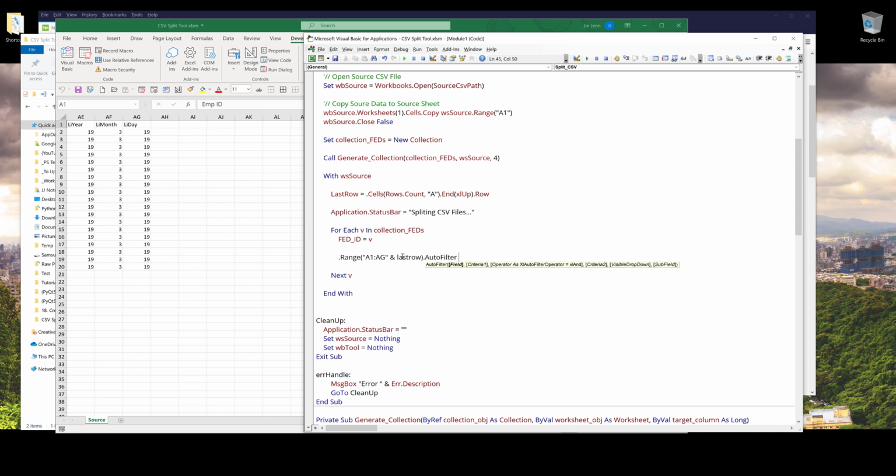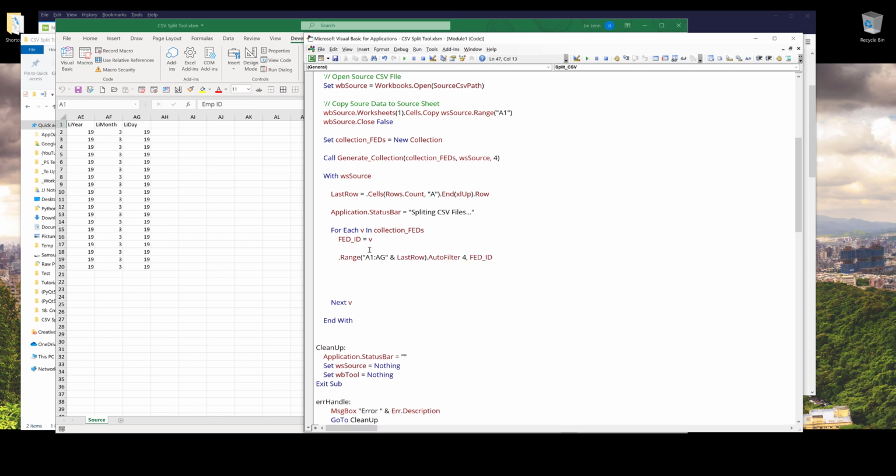based on column D, and the field ID is going to be column 4. And for the criteria, it's going to be FED ID. And here we insert a note: filtering data set based on category value. So from this statement, when we apply the auto filter, that's the data set we want to save into its